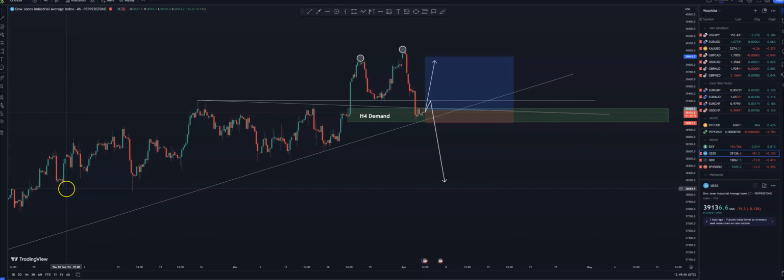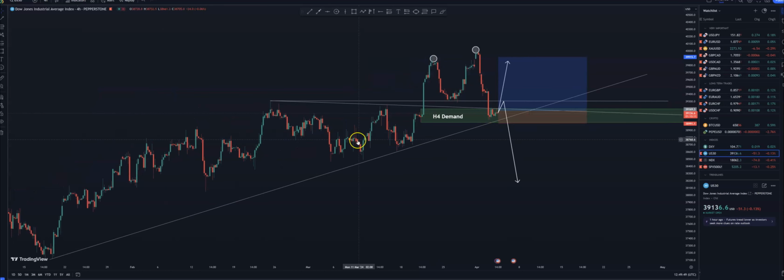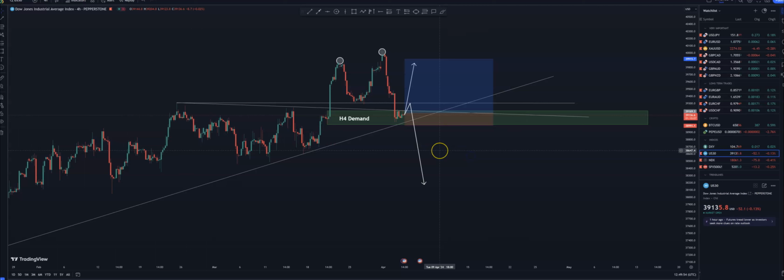In this chart, I will be analyzing the US30 indices. As you can see, I already have my setup placed out here, and I'm currently in a trade, and I